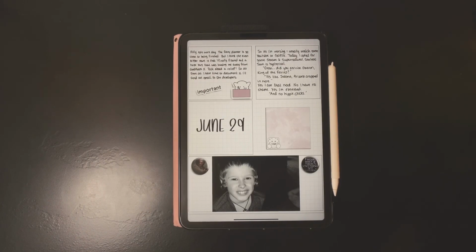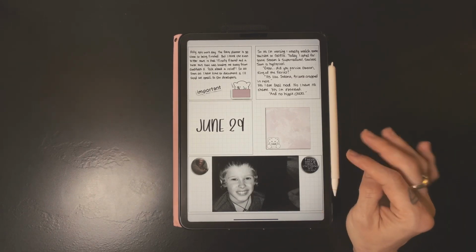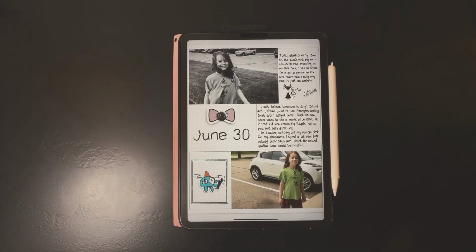This spread I did not share because to me it's just really boring, but I was still in bed with a migraine hangover, and I spent the whole day watching Supernatural. And last day of the month,